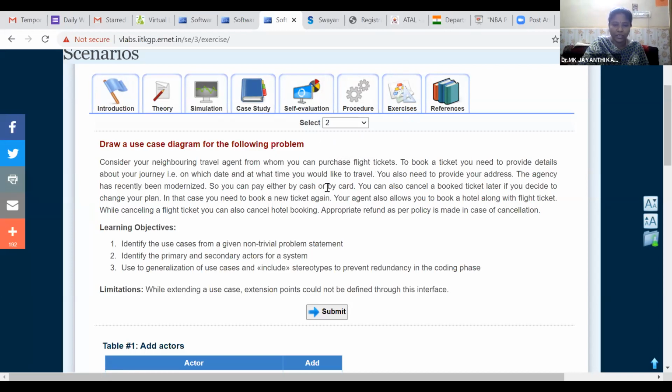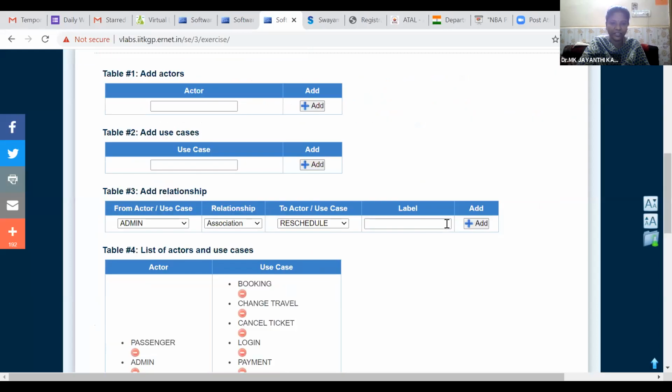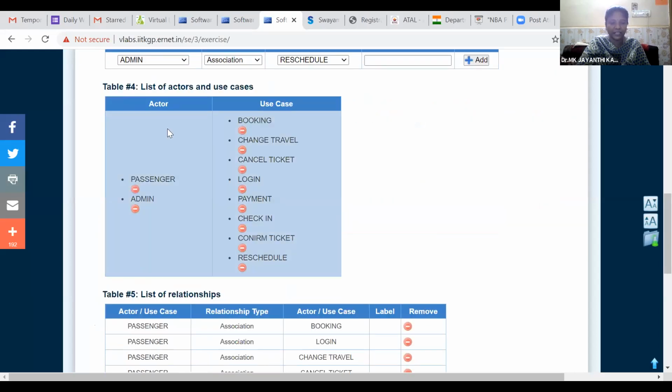Here we need to schedule the traveling, flight and other things. We can book the ticket online, do the payment online, and if you want to reschedule, we can reschedule. The same way we can cancel the ticket also. So like that, they gave you the scenario. For the given scenario, we created the actors or stakeholders as passenger and admin.